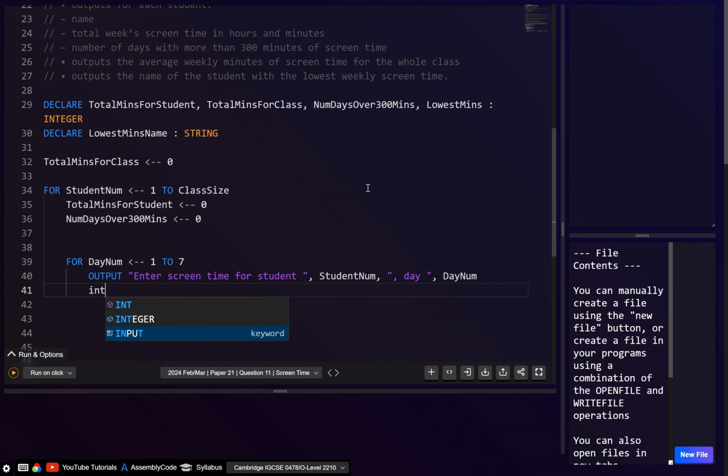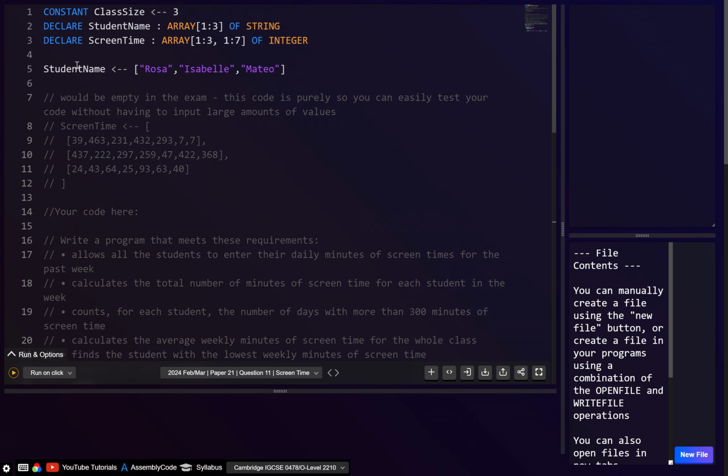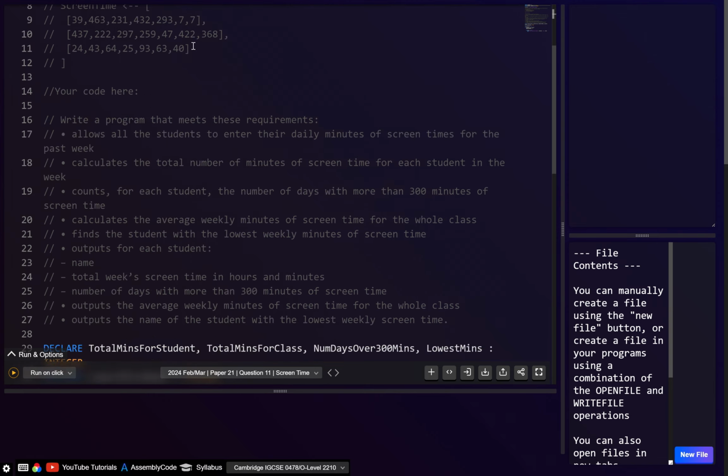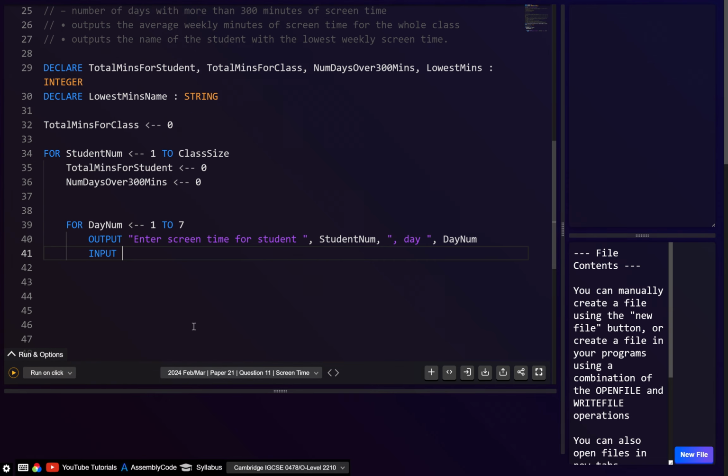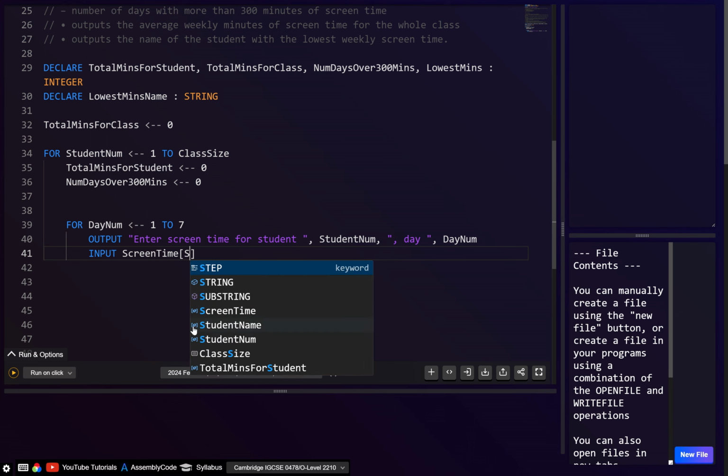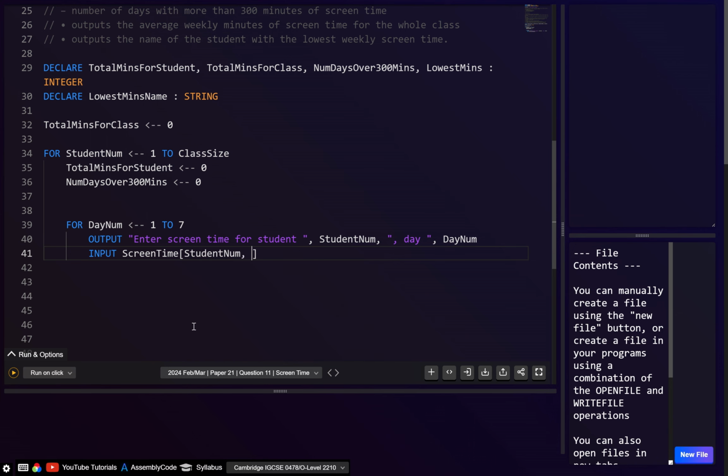And here we can just input this, and we're inputting into this screen time array. So if we look then, screen time, the row is going to be the student number, and the column, this will be the day number